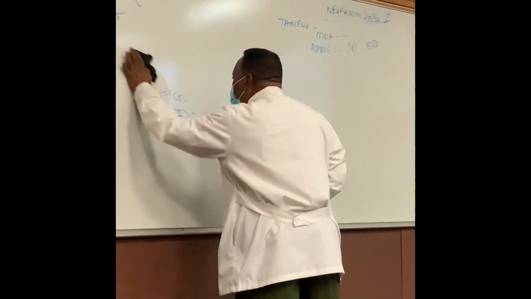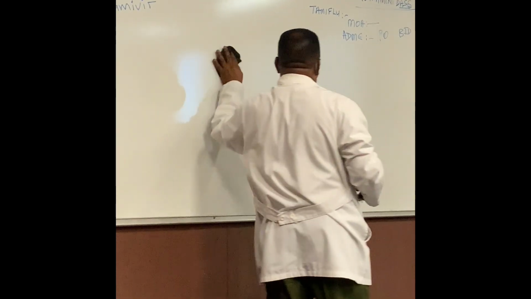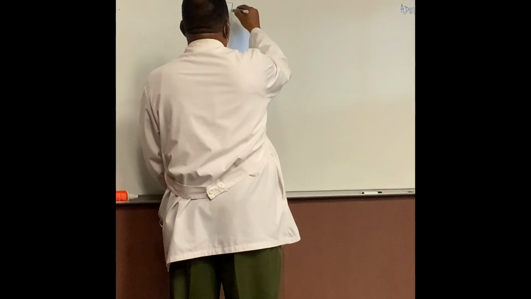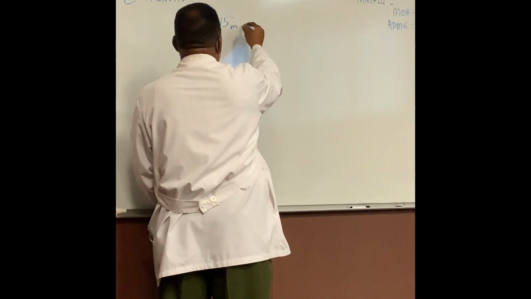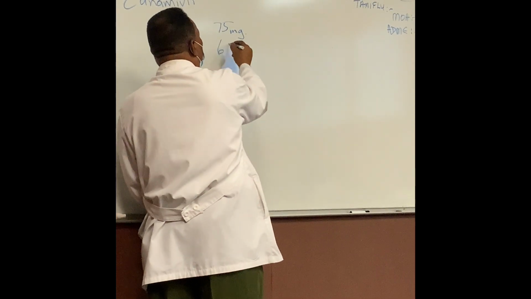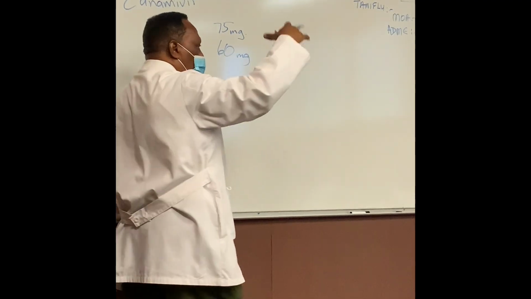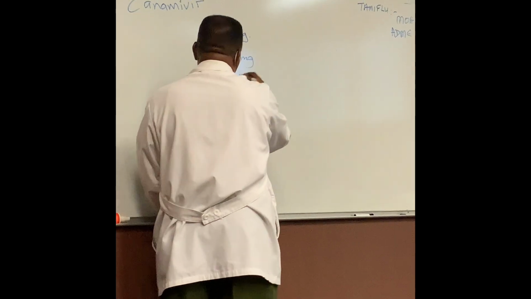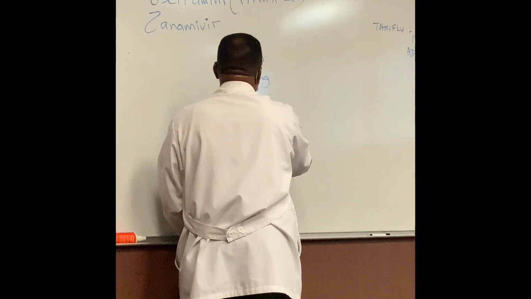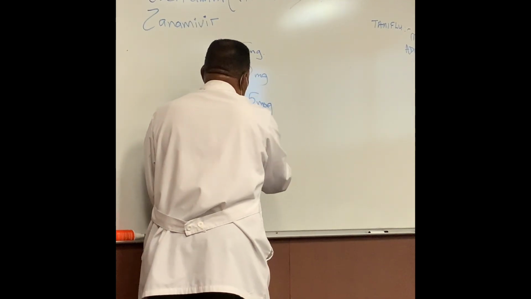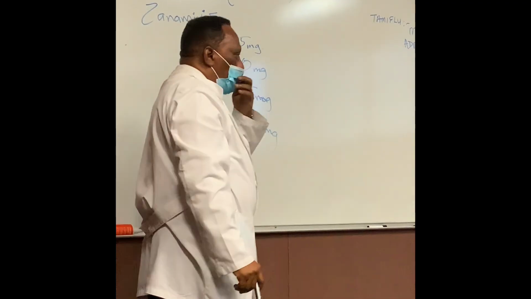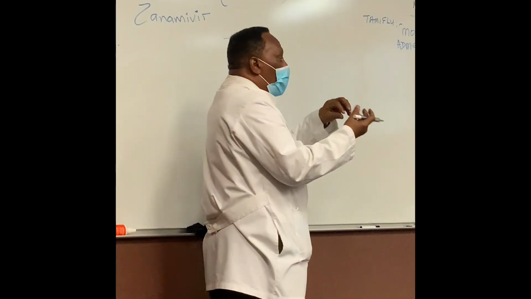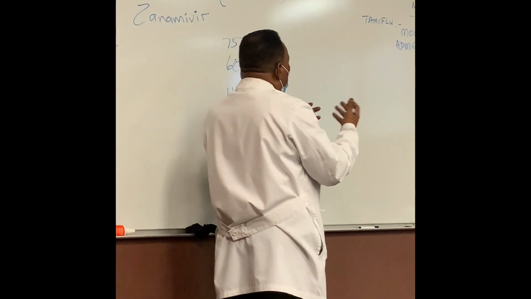And we usually say, okay, if you look at your Tamiflu, you have 75 milligrams and you have 60. It's in order of 15 milligrams difference, so your 45 milligrams and then 30 milligrams. So the weight, rather, not the age. If you look at the weight of the patient,